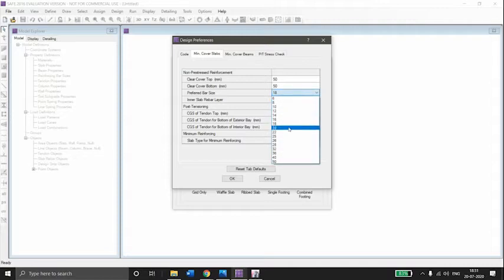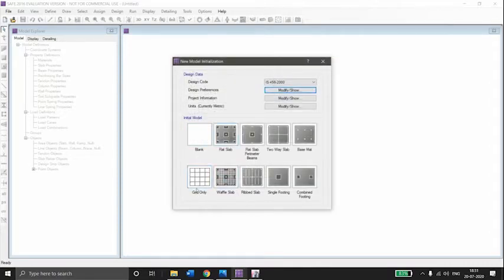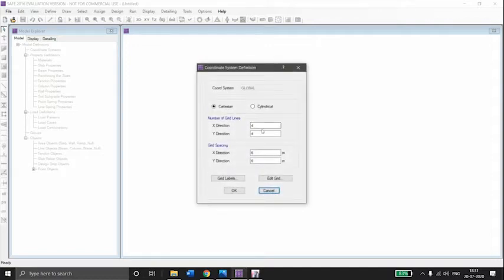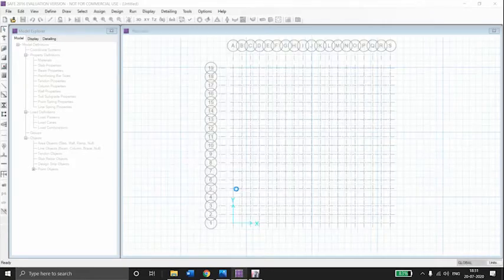Select preferred bar size as 22. Select OK. Select grid only option. The size of the building is 18 meter by 18 meter. So if we provide a gap of 1 meter between the grid lines, we are going to require 19 lines. Click on OK.